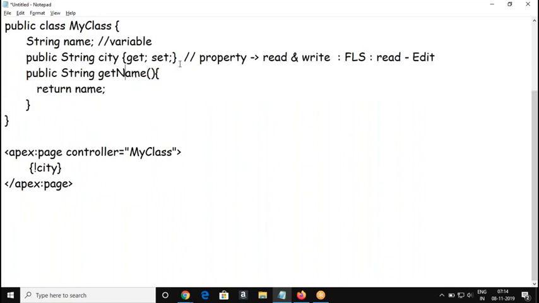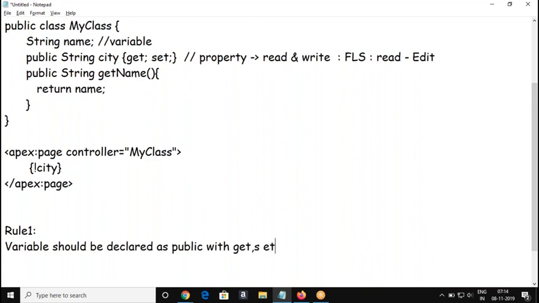Okay, so rule 1: the variable should be declared public and with the get set keyword.